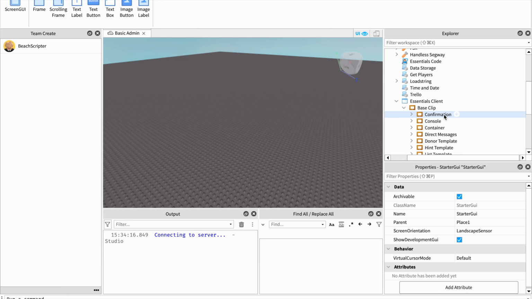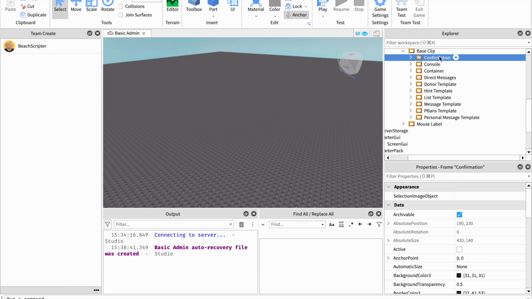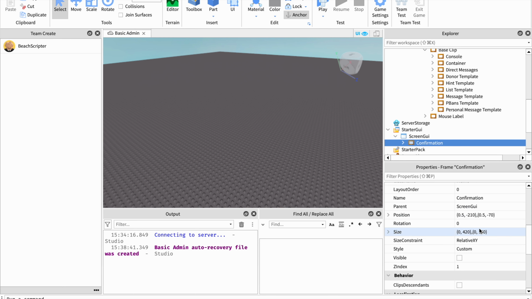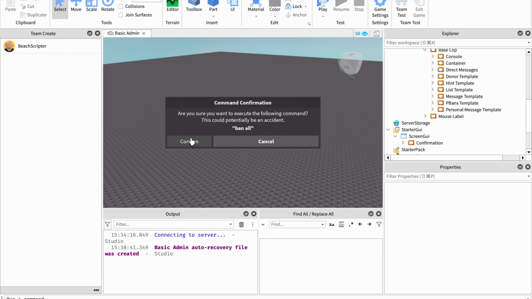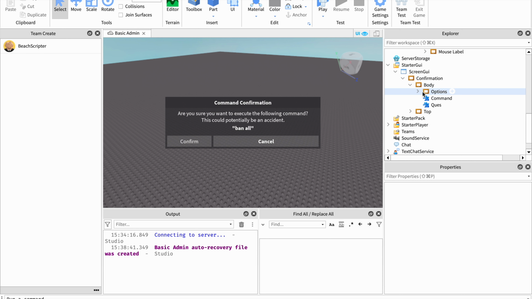So first, we're going to edit the confirmation. Alright, let's drag this down to our screen GUI we just created, and we have to set it to visible. Okay, so here we have our confirmation with our buttons. Let's see, what could we change here? First, let's do some rounding. So here, where we see the confirmation in general,